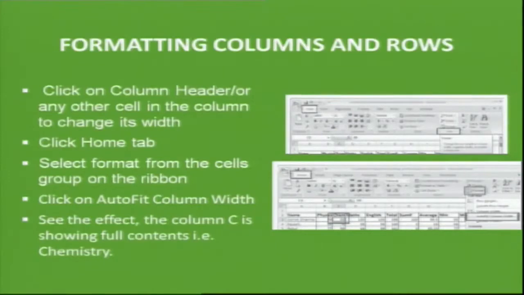So you have to just move your mouse there, and the arrow symbol of your mouse will change to a double-sided arrow. Then you just double click on that place, and the column will expand and be automatically fitted to your content. Otherwise you can just drag it, if you want to see the content of your particular row or column.